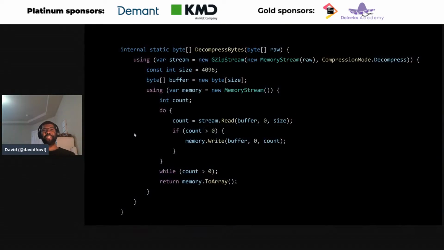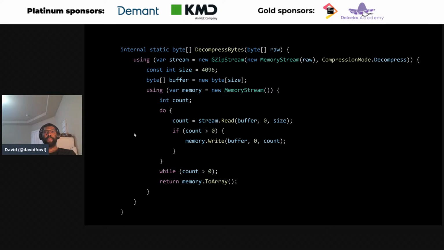All right. So here's a simple function. I'll let you read it for a bit. Give it a stare. And if you have this code in your applications, don't go changing it. Just read the code. It's very simple. It's a function that takes in a byte array, will decompress the entire byte stream and return a byte array of decompressed bytes. So it looks like typical .NET code that you would use.